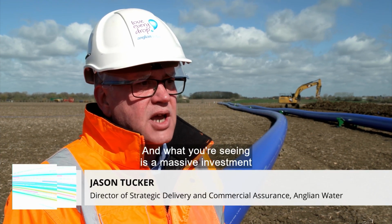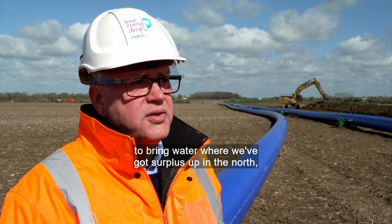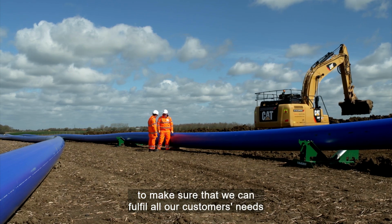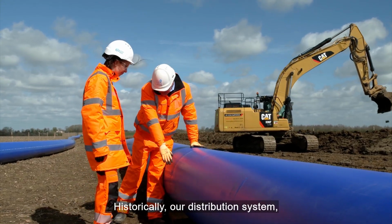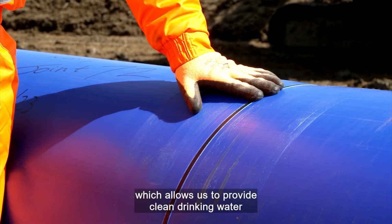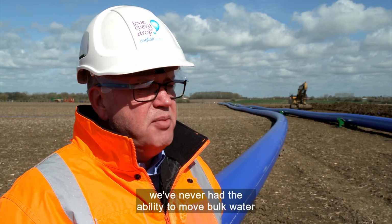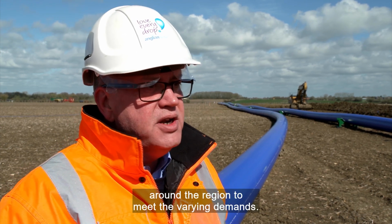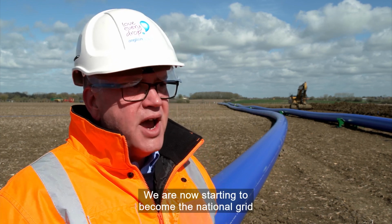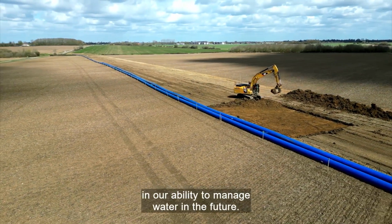And what you're seeing is a massive investment to bring water where we've got surplus up in the north down into the east and south of our region to make sure that we can fulfil all our customers' needs now and well into the future. Historically, our distribution system, which allows us to provide clean drinking water to all our customers, we've never had the ability to move bulk water around the region to meet the varying demands. We are now starting to become the national grid of the east of England in our ability to manage water